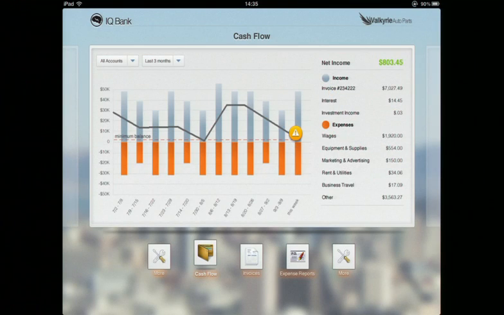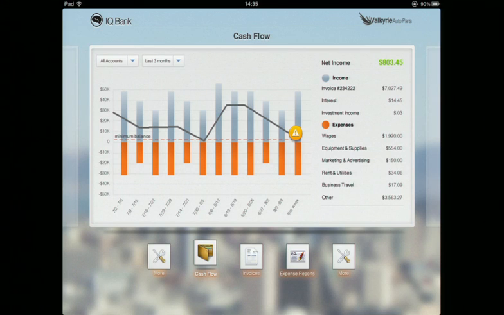So I get this great graph that basically shows me my expenses in orange. My blue is the income that I have. And the wavy line is my cash flow position over time. And at the end, we see that the cash flow seems to be coming down, and it's approaching that dotted line. That dotted line is where I feel comfortable running my business, and I feel uncomfortable running below that. And that's really the basis for the alert. Cash flow is king for small business owners.